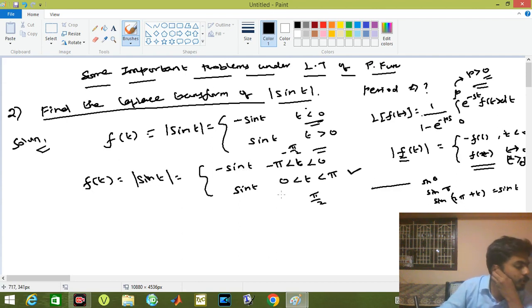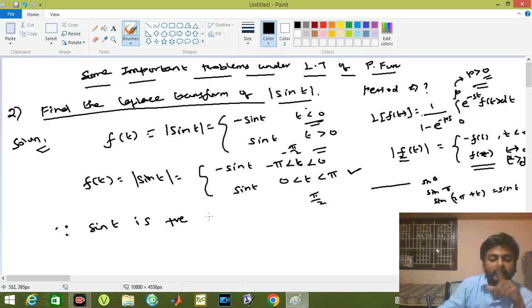Since sin t is positive in the second interval, 0 comma pi,